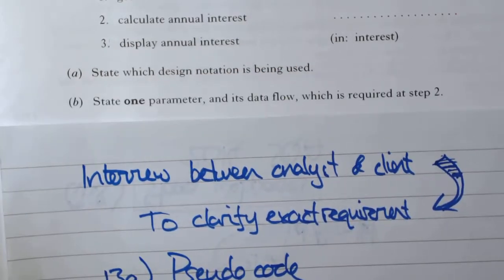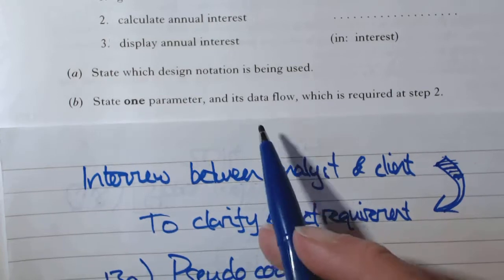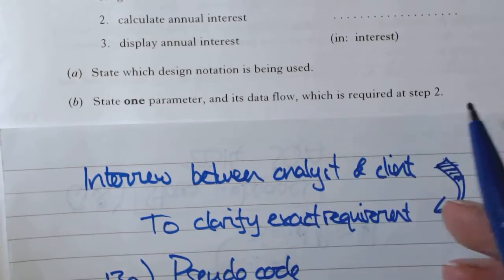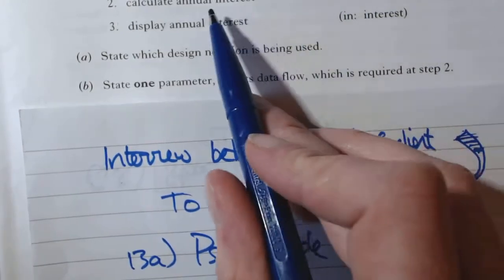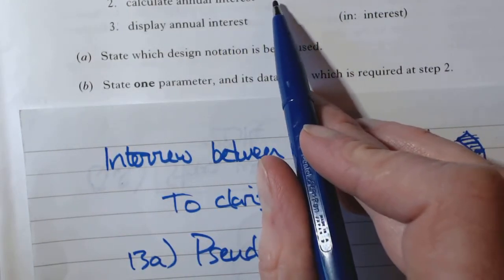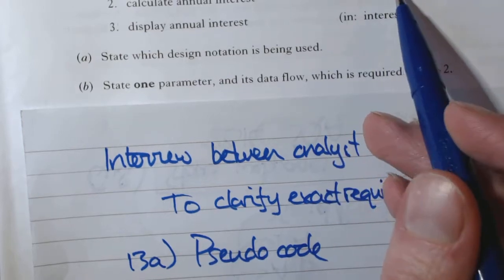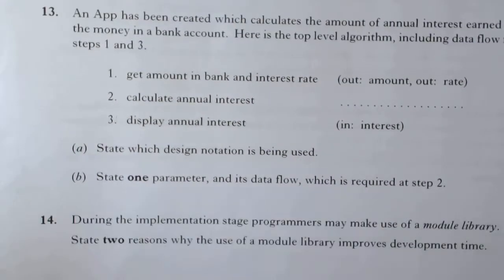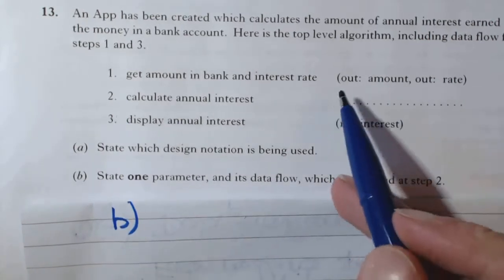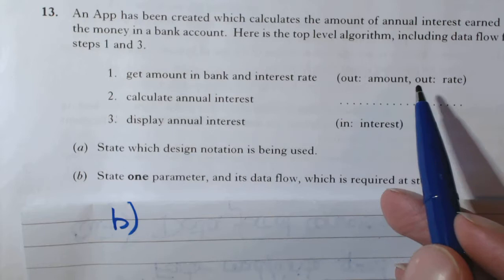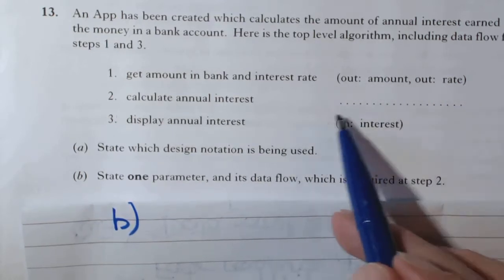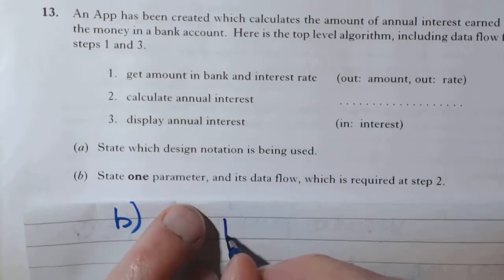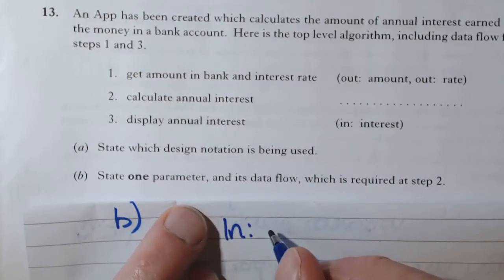And it then asks you to state one parameter and its data flow which is required at step 2. Right, so step 2 is calculating your interest. I'll do it so you can actually see it. To calculate the interest, you need to know the amount. You need to know the rate as well, so these two get fed into it, and what comes out is your interest. So your in parameter is amount,